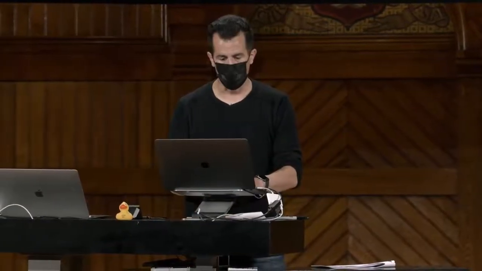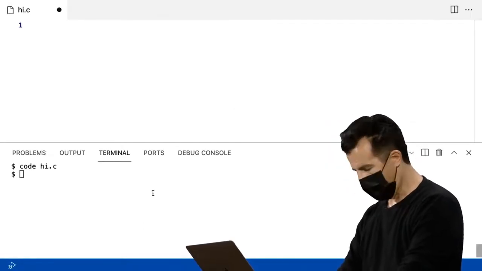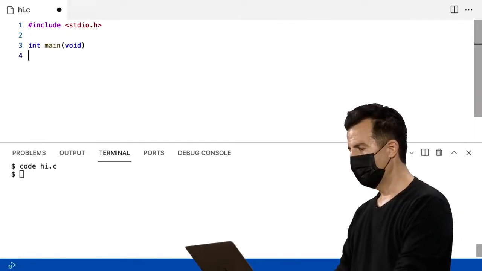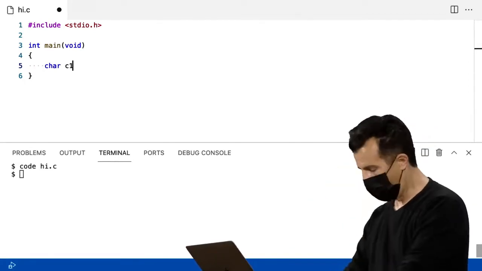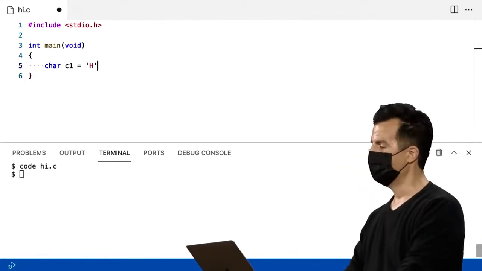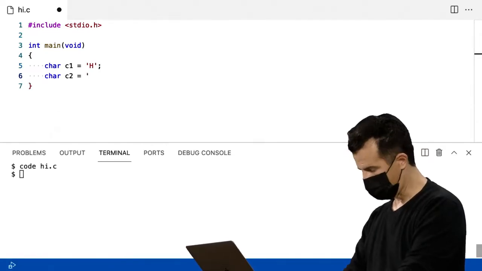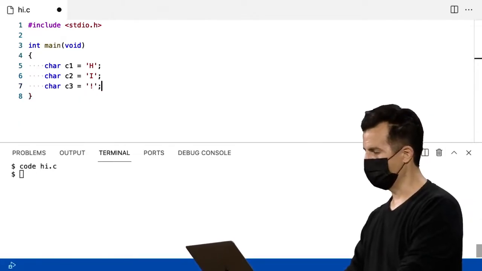And let's just, for the sake of discussion, go ahead and whip this up real quickly. Let me create a new program here now in VS Code. This time I'm going to call it hi.c. And I'm not going to bother with the CS50 library here. I just need the standard IO one for now. Int main void. And then inside of main, I'm going to simply create 3 variables. And this is already, hopefully, striking you as a bad idea. But we'll go down this road temporarily with C1 and C2, and finally C3, storing each character in the phrase